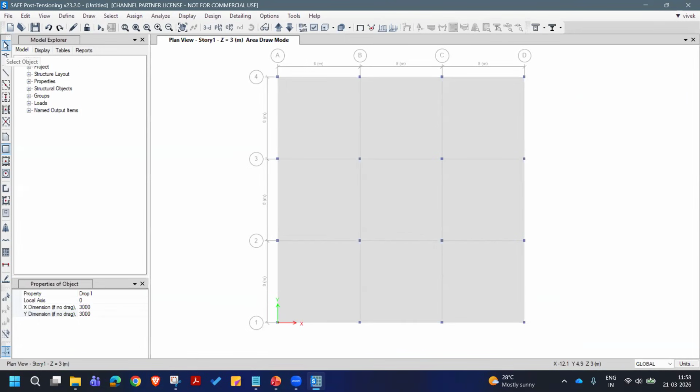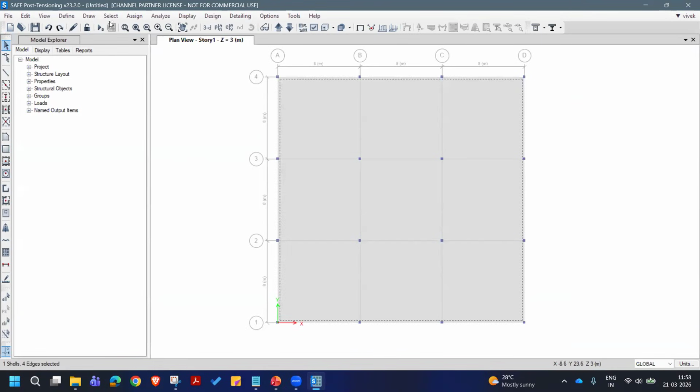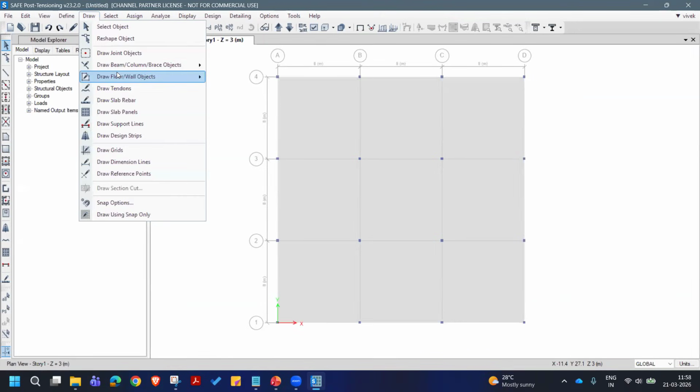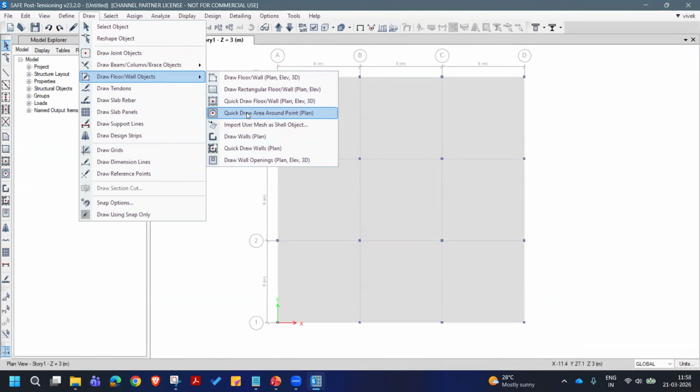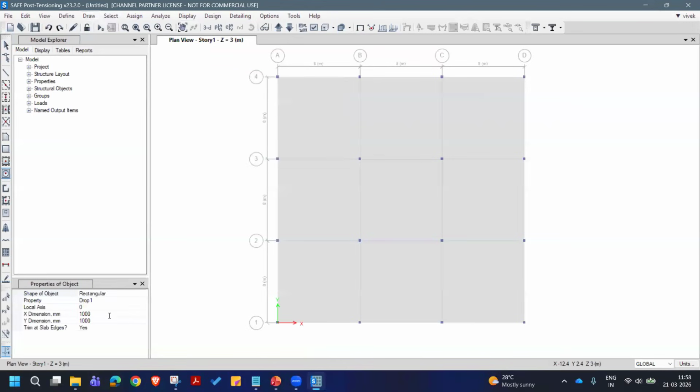So this option will create objects quickly with the specified value. I will use another option, draw, quick draw around points, and this will help me with trimming at the slab edges. You can see in the previous case, you will have to modify it, but here